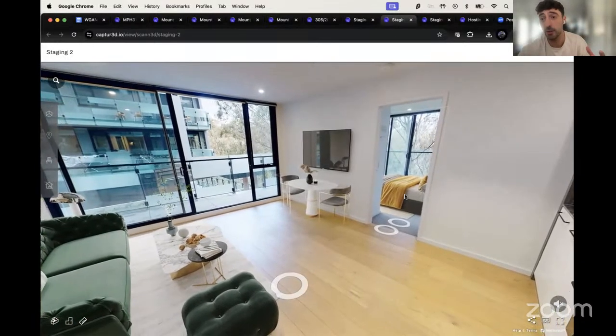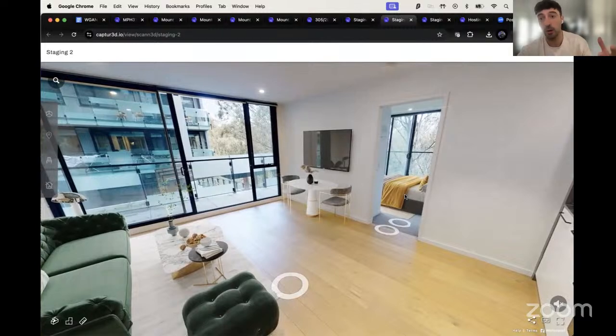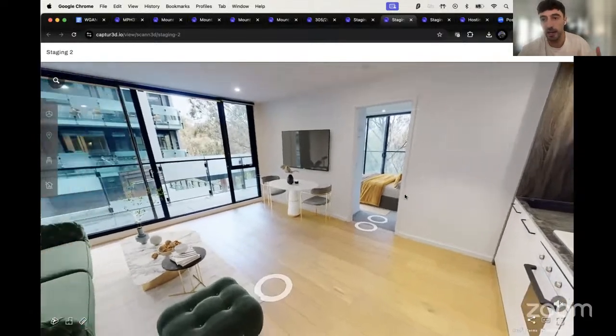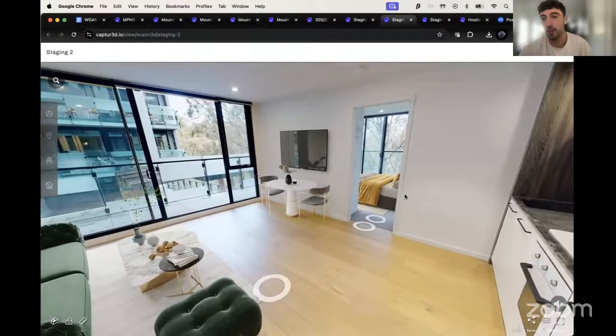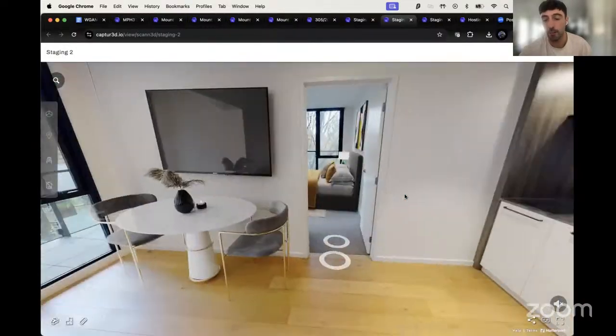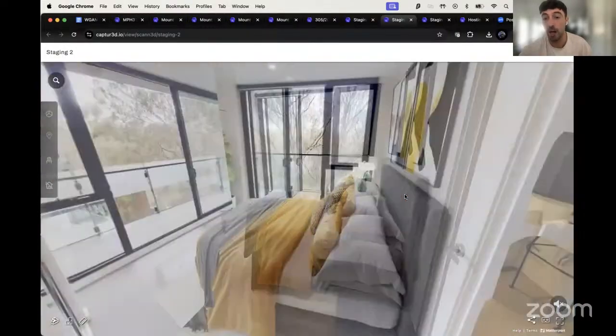So what we can do, and I'm more than happy to work with anyone who's interested, is simplify and break down the scan into the minimum number of sweep or scan points that's needed, just to keep those budget constraints down, if you do have some, and make sure that all the panoramas that have been virtually staged are necessary.